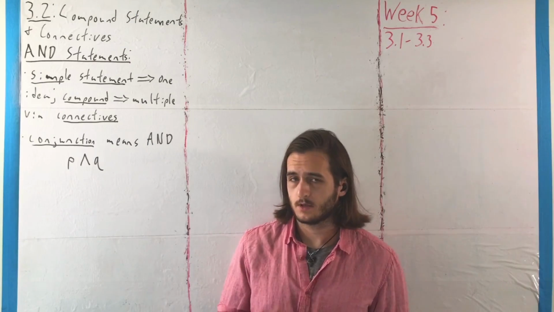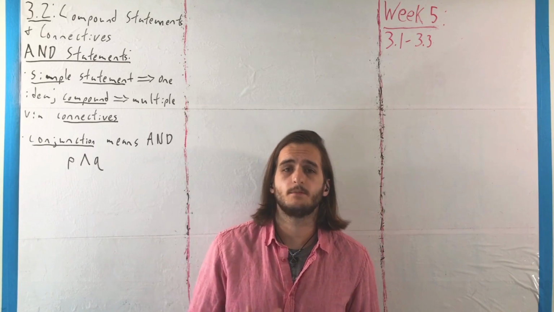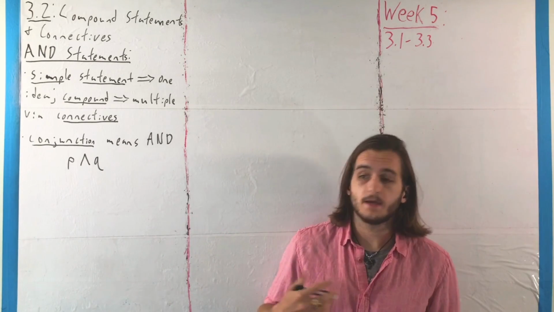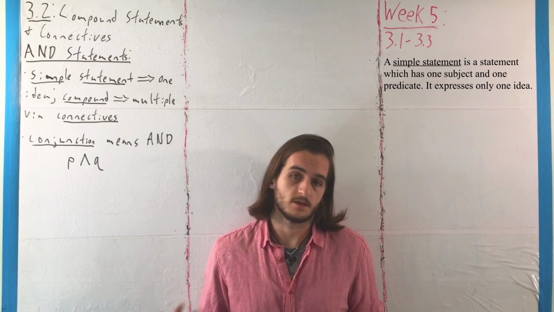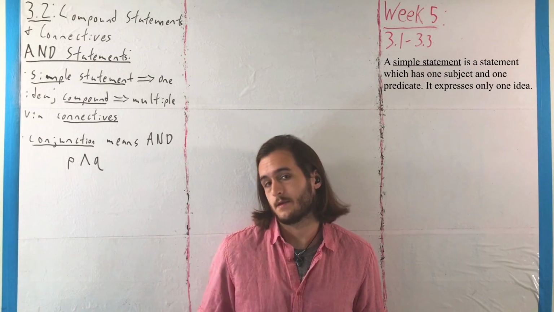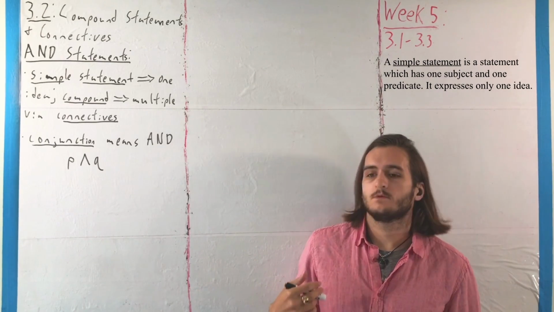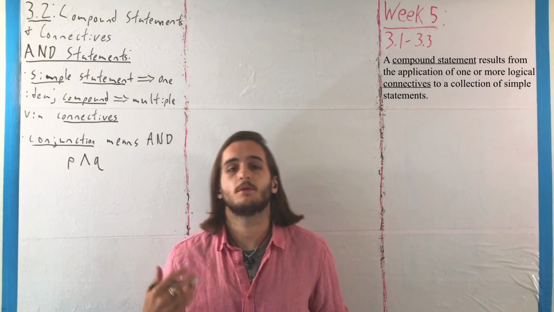The idea in this section, as we've said, is to develop further along our idea of statements to talk about ones that convey more than one idea at a time. The basic things we had before are what we call simple statements, where they convey simple ideas. They only have one thing that you can possibly say with a simple statement. So we're moving on here to talk about what are called compound statements, where you have multiple ideas at once